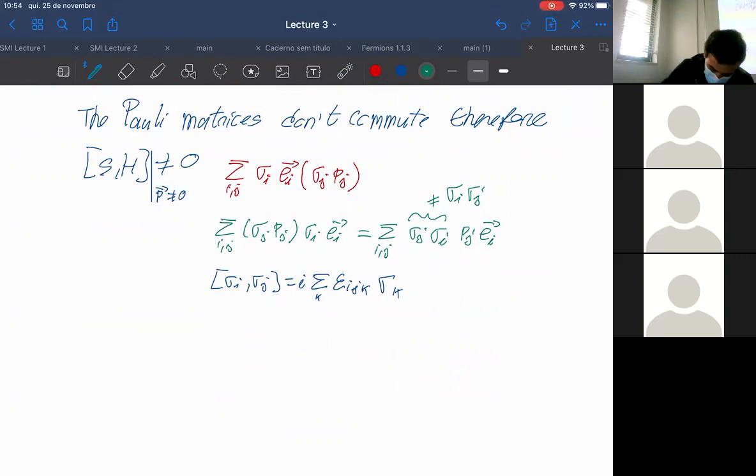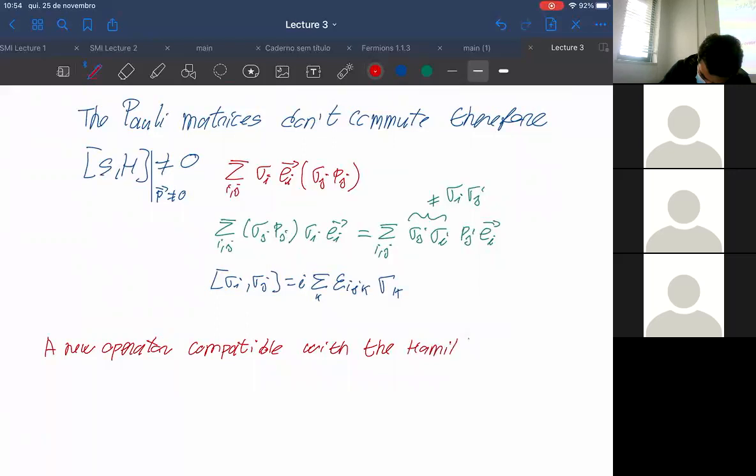So a new operator compatible with the Hamiltonian that reads